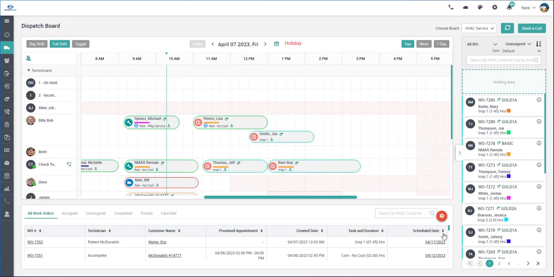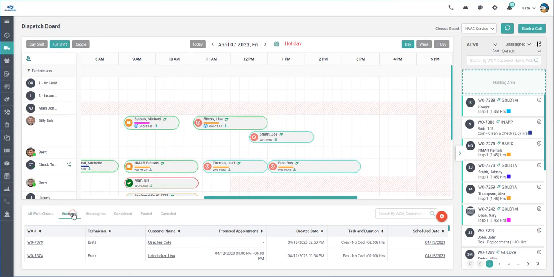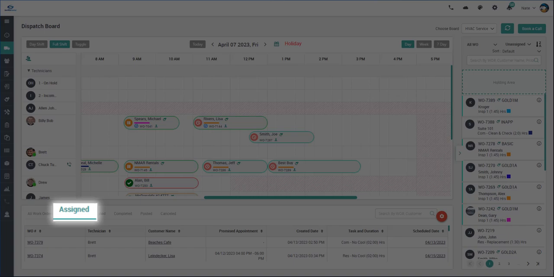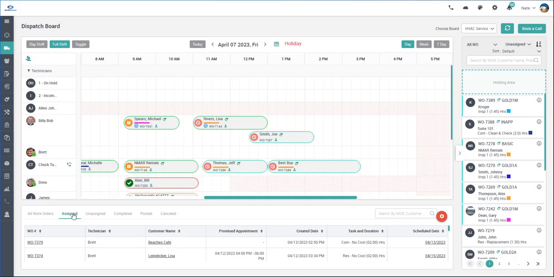If you are unsure of the status of a work order for which you are searching, you should search under this tab. The next tab is the Assigned tab, and it will list all work orders in an assigned status. An assigned status indicates that the work order has been assigned to at least one technician and the invoice status